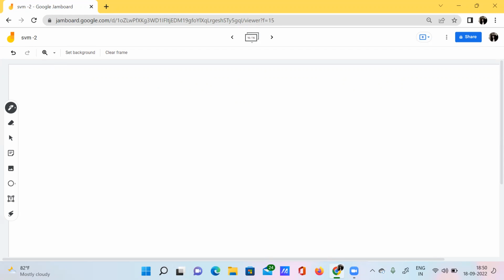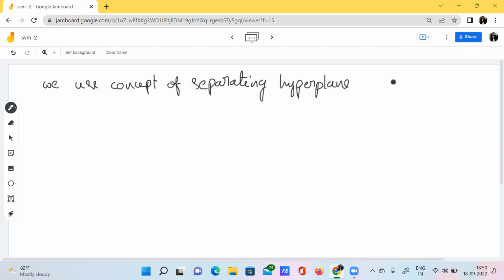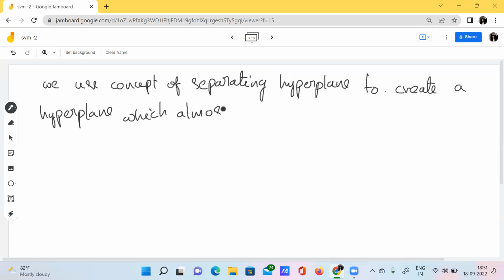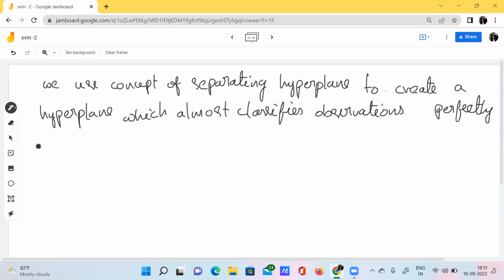So what we can do is use the concept of the separating hyperplane to create a hyperplane which almost classifies observations perfectly, using a soft margin.